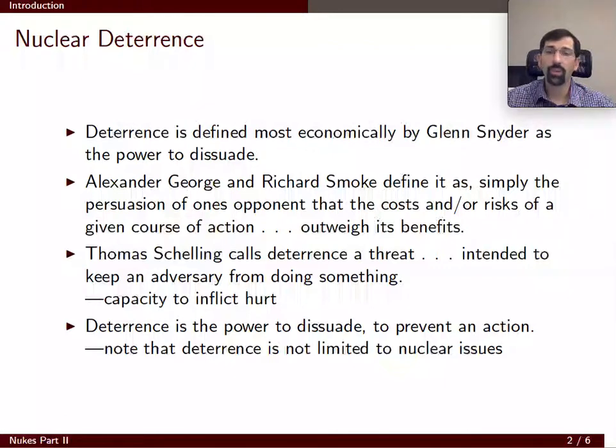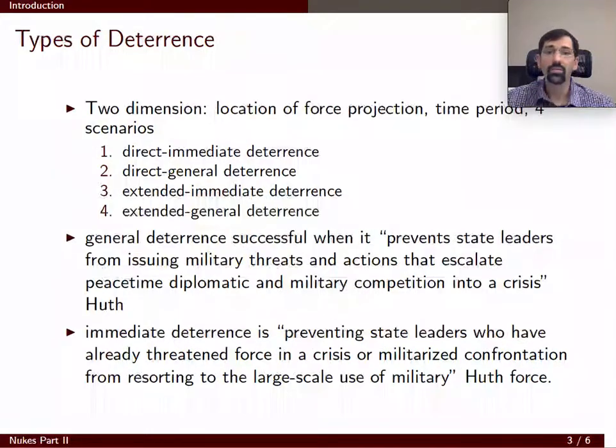It's argued by many states, within their documentation, that deterrence is a possession of nuclear capability. It also goes to nuclear modernization. So if we look at the material generated by the United Kingdom and the United States, both consistently say nuclear modernization is essential to establishing and continuing deterrence. There are two dimensions by which deterrence can be examined that produces four scenarios. One is the location of force projection. So where is the territorial dispute, or where is the instance where deterrence needs to be applied geographically?